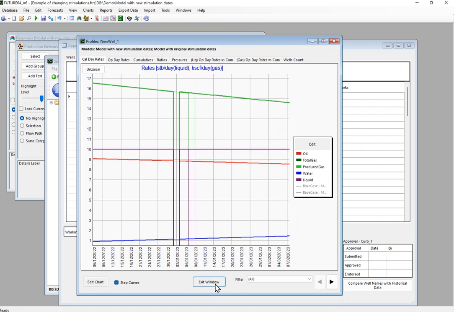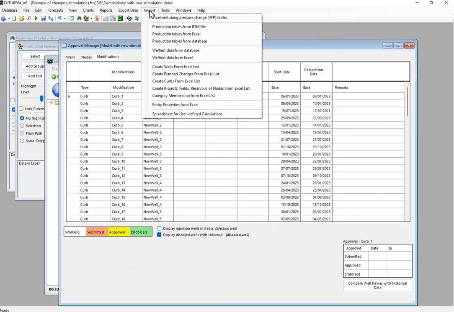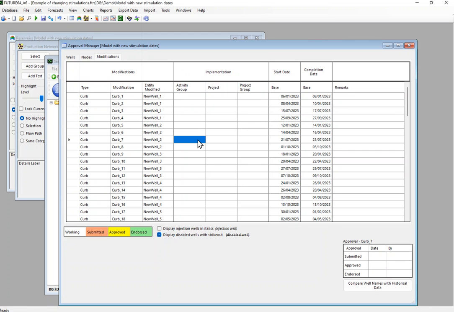So that's a quick demo of how you can use the functionality Import Entity Properties from Excel to manage even large numbers of changes that might be required